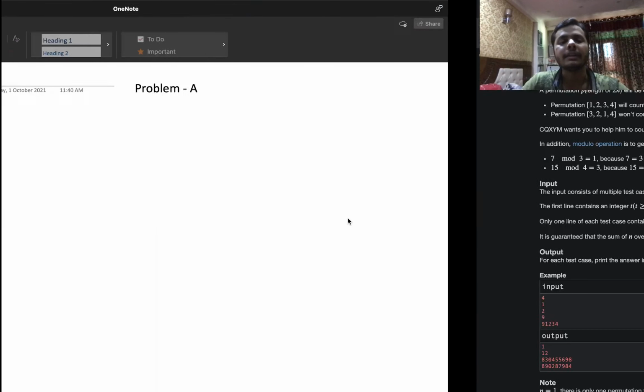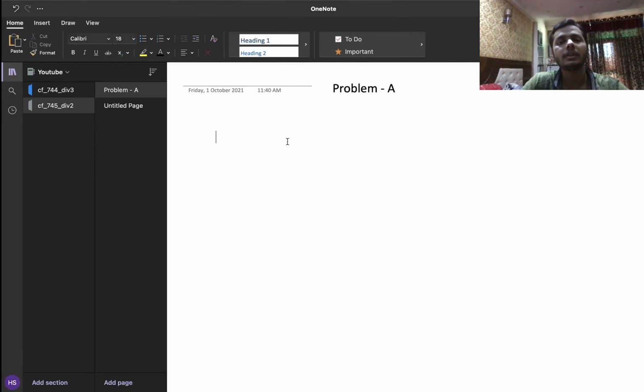Let's see how to do this, right? We know the total number of permutations of length 2n of course is 2n factorial. That is standard combinatorics. If you don't know this, it's all right. Just know for a fact that the total number of permutations of length 2n will be 2n factorial, right? Okay, so let's start by analyzing the identity permutation for n equals 3. The identity permutation is going to look something like this: 1 2 3 4 5 6, and its value is going to be 5. Why? Because all the indices from 1 to 5 contribute, right? For all the indices from 1 to 5, p of i is less than p of i plus 1, so the value of this is 5.